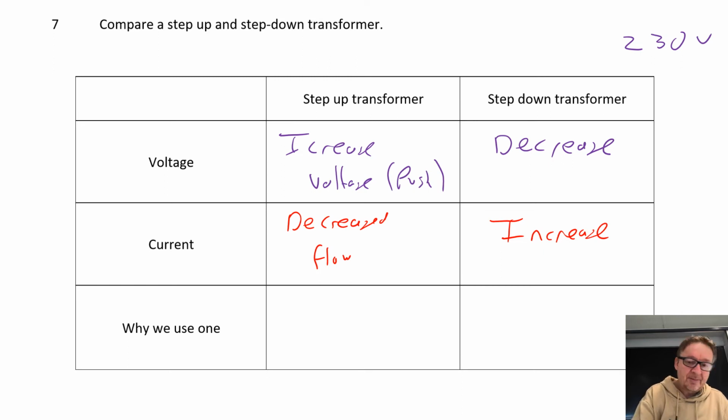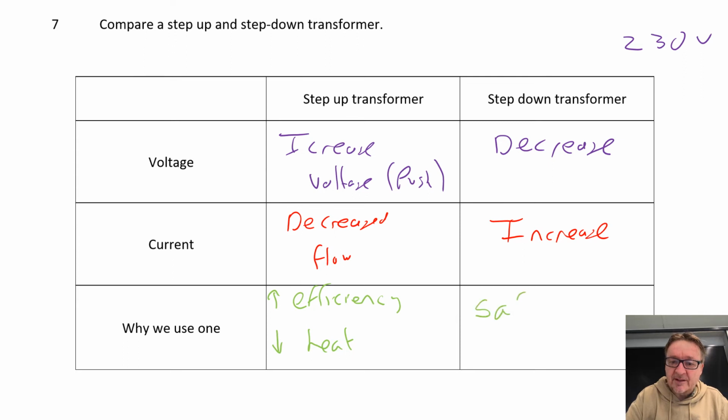Why do we do this? It increases efficiency, and it does that by decreasing the heat. If there's less current, there's less heat made, and it makes it more cost effective. Step-down transformer, why do you do it? It is safer, because the last thing you want is 115,000 volts coming into your Xbox, because you're talking about a lot